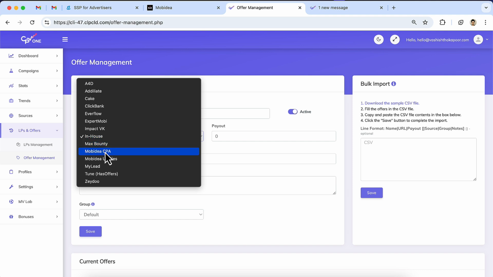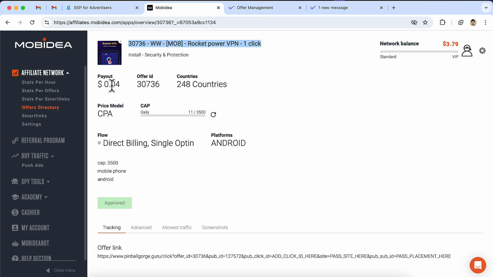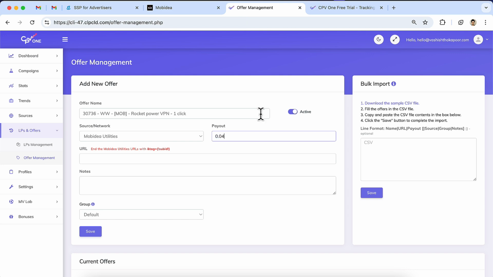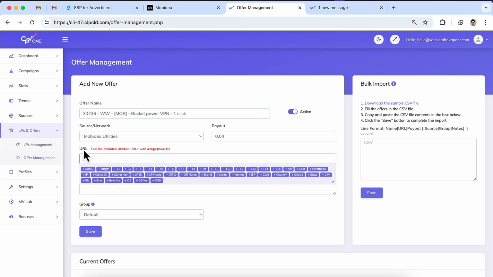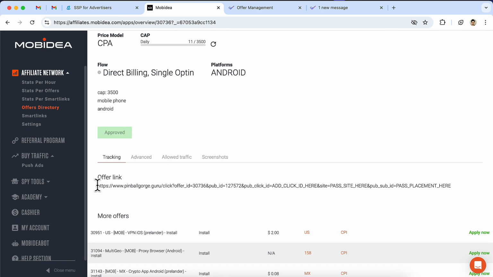Source network has to be properly set up as Mobidea CPA. Both are the same thing, so I will keep any of them. Then payout, choose correctly. Then here's the important thing, you need to paste the URL of your offer.